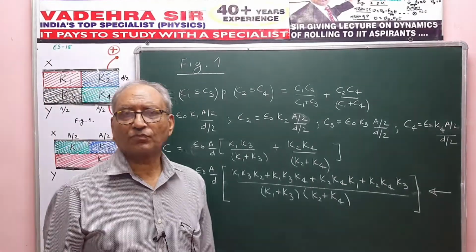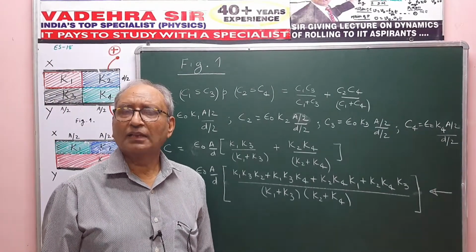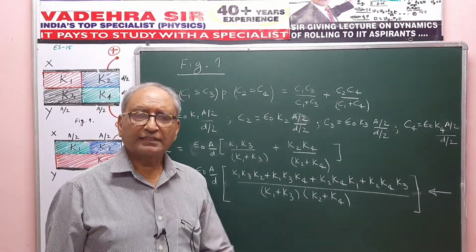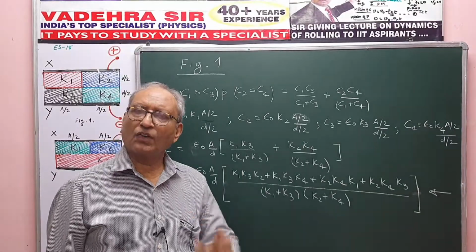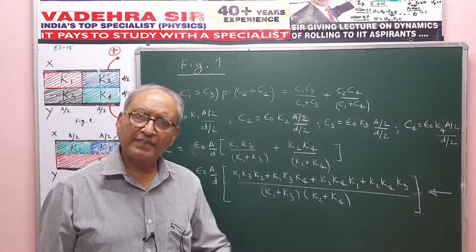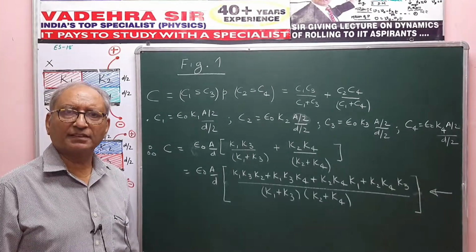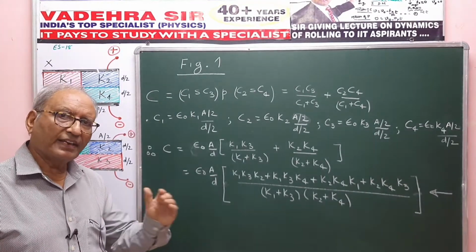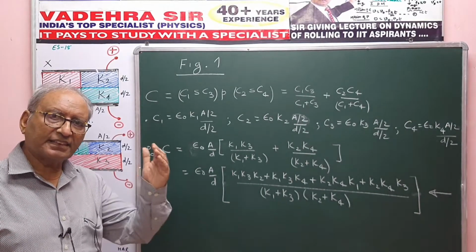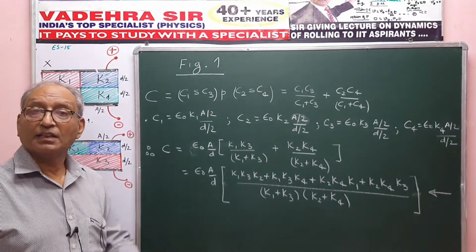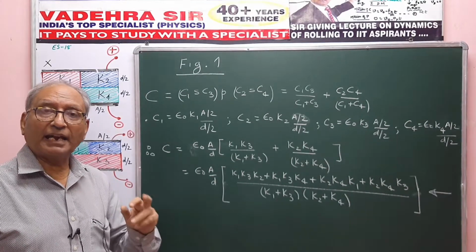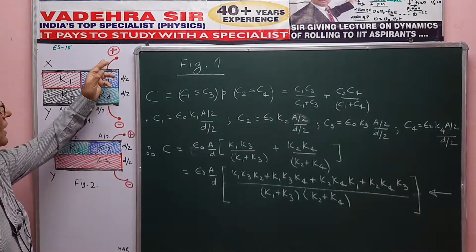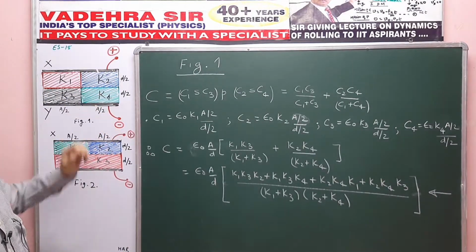Today in this lecture, I am going to discuss with you a case where a capacitor is filled with several dielectrics. Then how do you find the effective capacitance of that parallel plate capacitor? So here we have a parallel plate capacitor having plates X and Y. The face area of the plate is A and the distance between the plates is D. The voltage, the PD, is applied across the plates X and Y, plate X positive and plate Y negative. Look at figure 1.